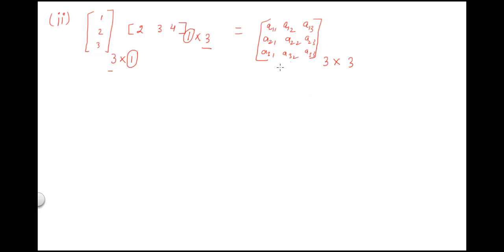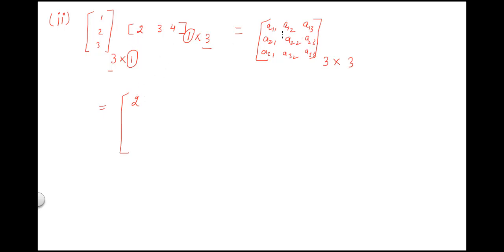So these will be the 9 elements that we have. Clear? So for the first element, that is A11, what we have to do? We have to multiply the first row with the first column. In the first row we just have one element, and in the first column also we just have one. So 1 cross 2 will give us 2. There are no other elements in the first row and no other elements in the first column as well, so no other element do we have for multiplication.